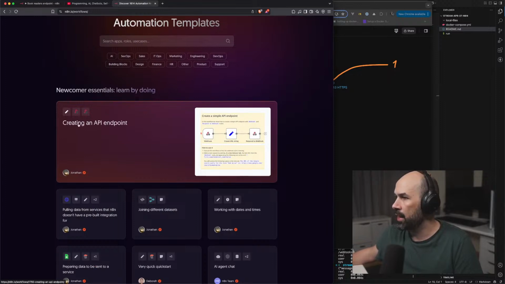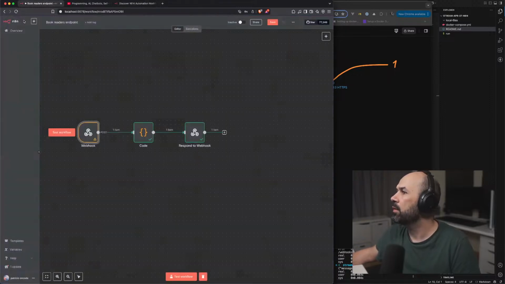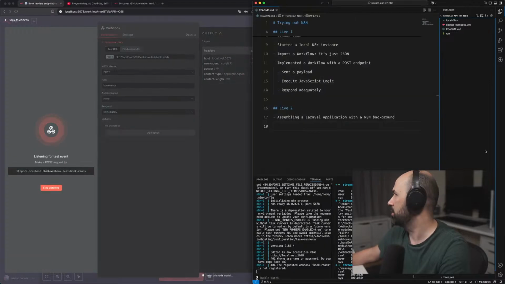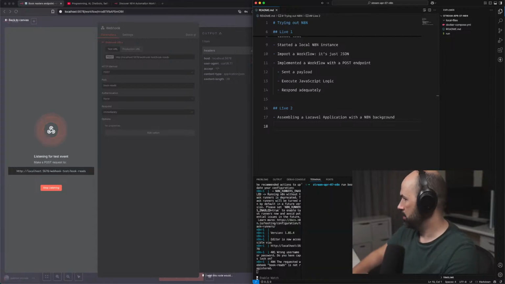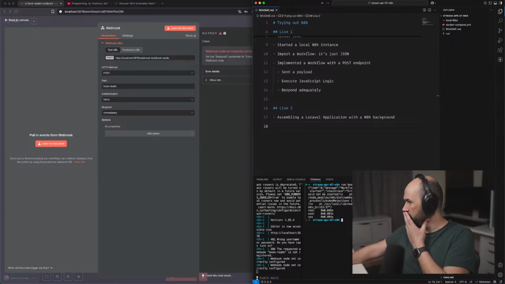Creating an API endpoint. I think this was where we were yesterday, one of those, right? Oh, I said immediately. Yeah, let's check the immediately response. So listen for test event. If we listen to the test event, yeah, workflow could not be started.